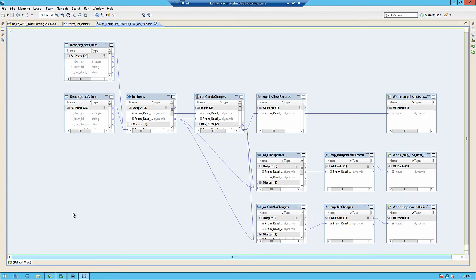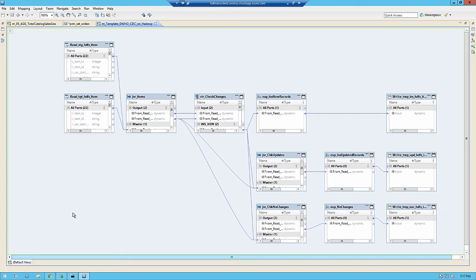So in terms of big data, the first use case was data warehousing optimization for Hadoop. And this is prior to 10.0, and like I said, we went to a customer who wanted to do offloading. We sat down with the customer, we identified patterns within the mapping itself and how you define the strategy of offloading data to Hadoop, and we came down with two patterns. One pattern was a full complete table refresh. The customer was using Hive as their data store. So one approach was complete refresh of the data sets on a nightly basis, and the second one was change data capture, right? Performing CDC delta detection on Hadoop,